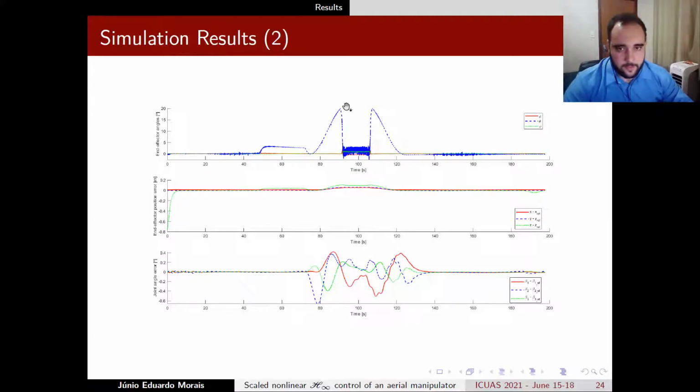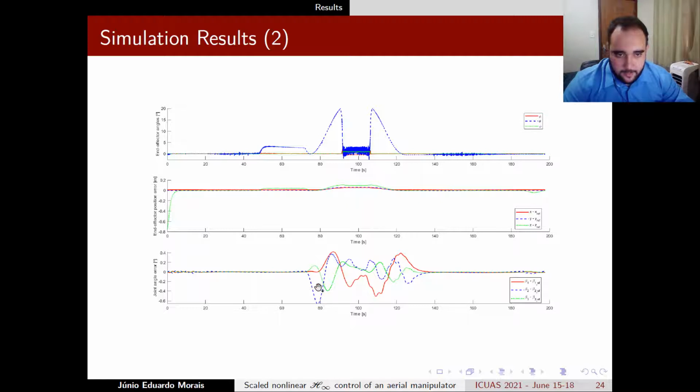These graphs show the results of the simulation we just saw in the video. The first one is showing the angles of the end effector, roll, pitch, and yaw, in units of degrees. The second one is showing the tracking error in the x, y, and z directions. And we see here that it begins with a large error in the z-axis and then quickly converges to zero, where it remains until we start applying the disturbances. The error then grows a little bit, but then it quickly converges to zero and remains